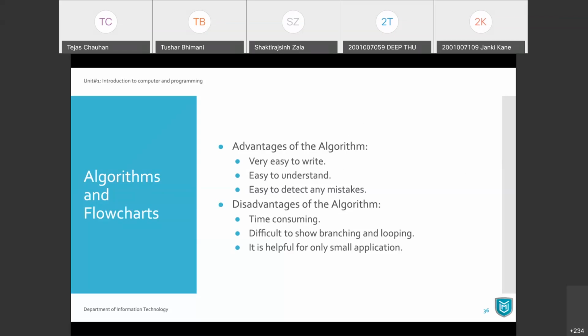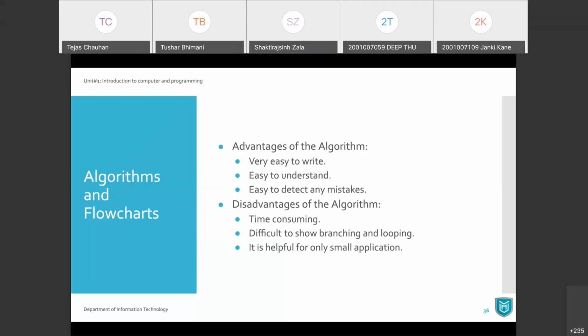It is time consuming because you need to write those steps, and you need to write in a descriptive way, right? It is difficult to show the branching and looping because when you have a condition, you use then go to, else go to. So go to will be some number of step and so on, right? So it's difficult to show those branches. If this, where do I go? If that happens, where do I go? And it is also difficult to show the looping part, repeat statement, right? So difficult to show those branches and looping here.